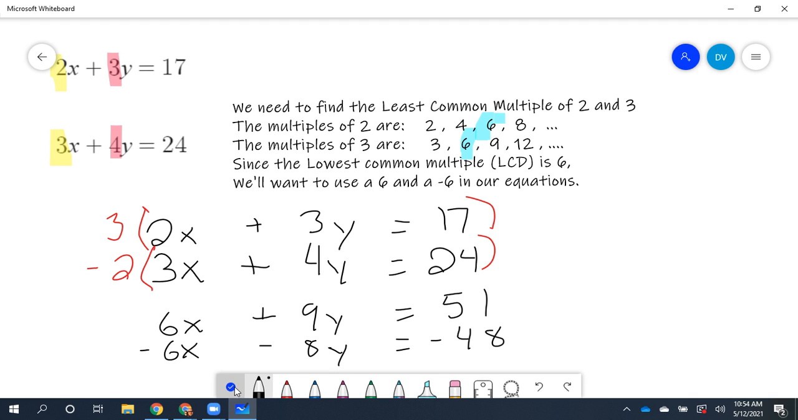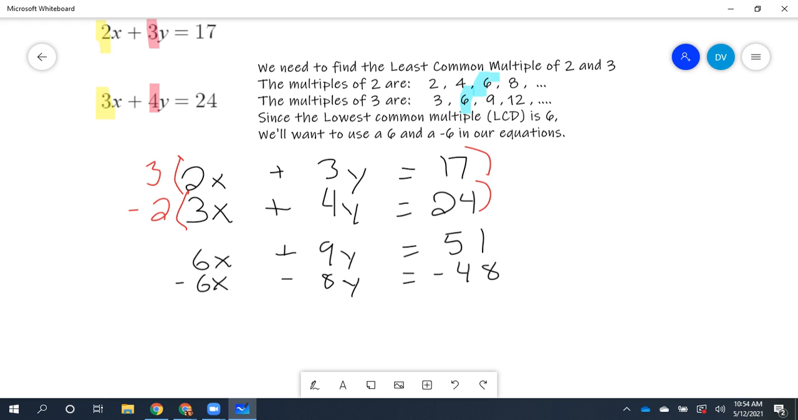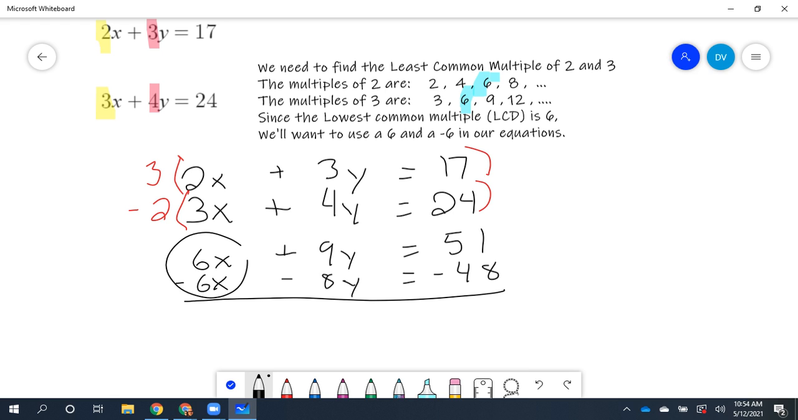All right, give me a little bit more room here at the bottom. And so now we can add these. That was the whole point of doing this, is so that we can add these up. And these will simplify, negative 6x and positive 6x. That's why we wanted to get those two opposite coefficients there. I'm just going to cross them off. If we add up